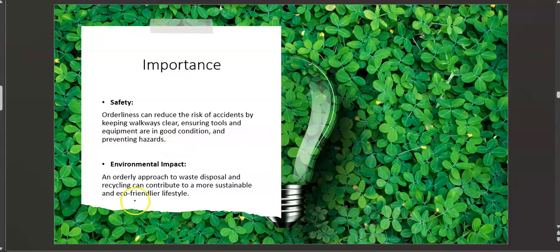And then environmental impact. An orderly person, they just do not dispose anything anywhere. When they see someone has littered, they will tell them to stop littering, and even go as far as encouraging others to pick up their litter and clean their spaces and clean where they've messed up. So being an orderly person helps you contribute to an eco-friendlier environment, and people will love you because you also